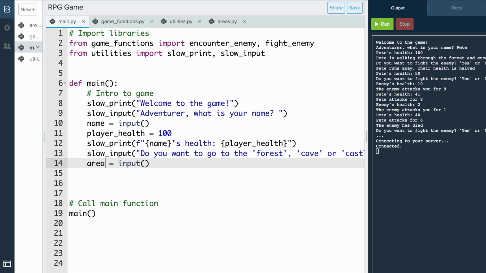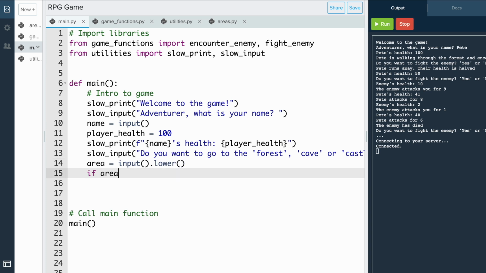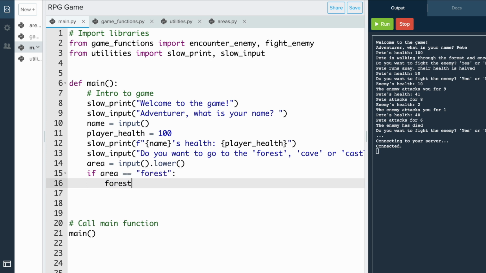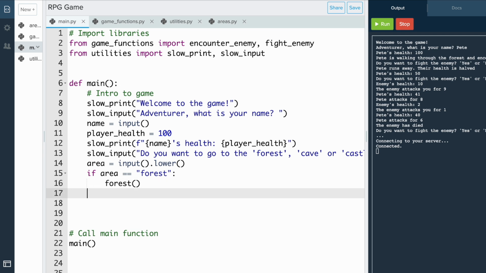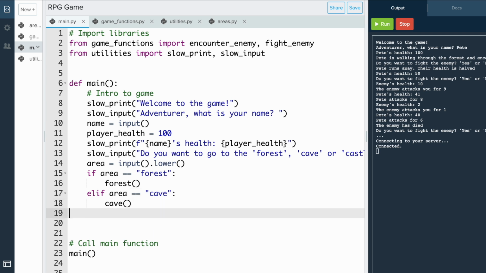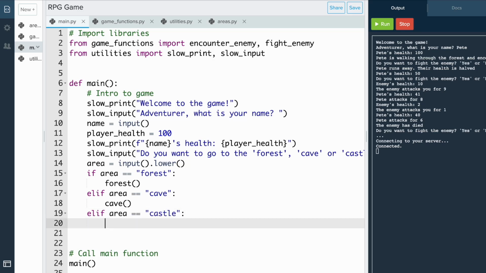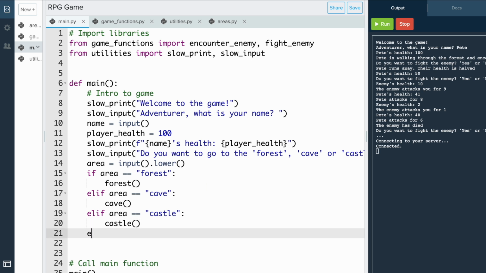And then the area is equal to input, make sure it's lower again. Then we're going to say something like if area equals forest, then we call the forest function, elif the area equals cave, we call the cave function, elif the area equals castle, then we call the castle function here,